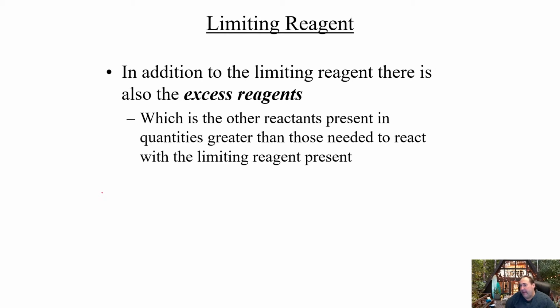So, a real life example, I think they still sell it this way. I'm going to try to remember which way they do it, but if you buy hot dogs in the market, and you buy some hot dog buns, maybe you're going to have a barbecue, you're going to make some hot dogs. Sounds pretty good right about now. But in order to make completed hot dogs with a hot dog and a bun, they typically used to sell hot dogs in a package of 10, and they would sell the buns in a package of 8, which means, for example, if you had a package of 10 hot dogs and only 8 buns,